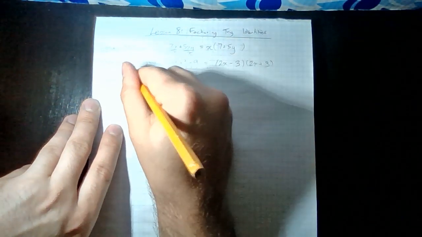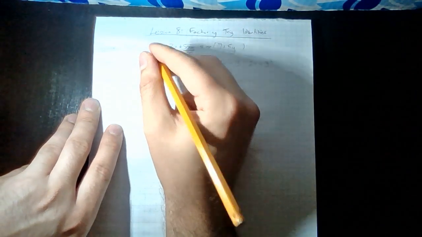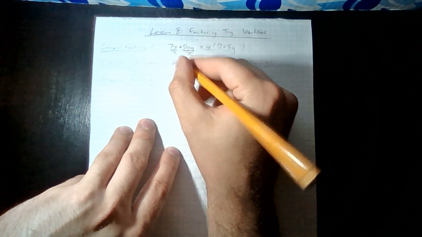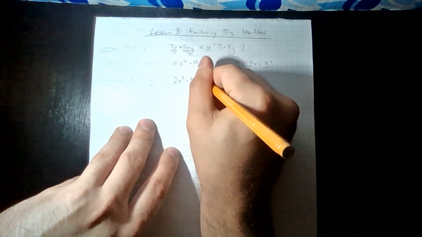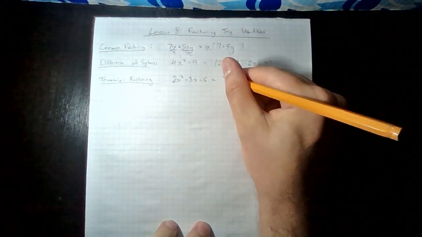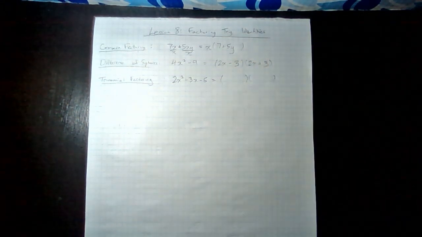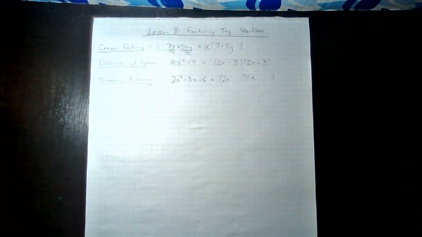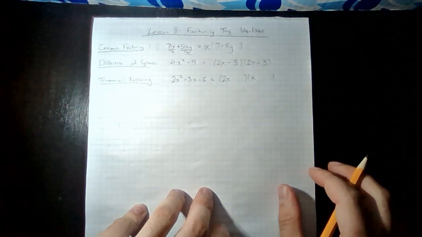Trinomial factoring. This is more of the basic factoring that you would have had hammered into your head over and over again in grade 10. We have some trinomial, 2x squared minus 3x minus 5, and we want to basically unfoil it. We want to see what our two sets of brackets are going to be. 2x squared, we know we need a 2x and an x. That's the only way we can multiply to get a 2x squared. Negative 5, we know we need a 5 and a 1. One needs to be positive, one needs to be negative, and we need to see what's going to give us a negative 3